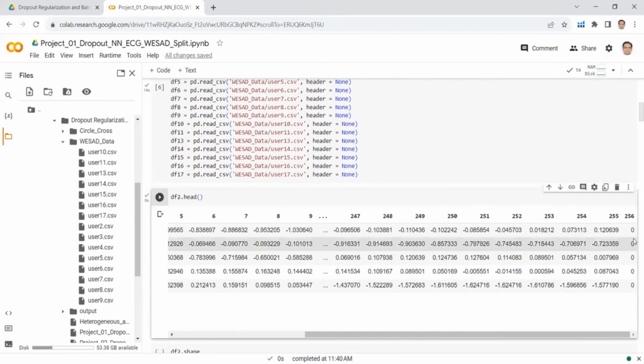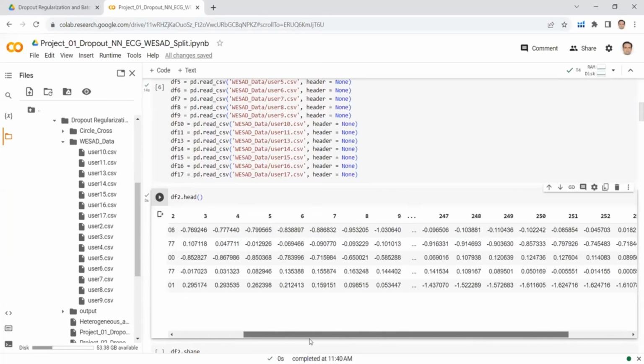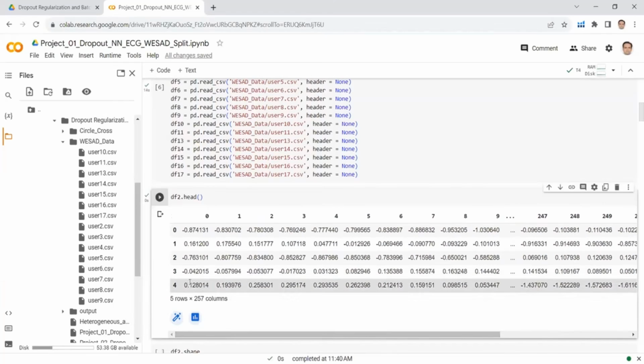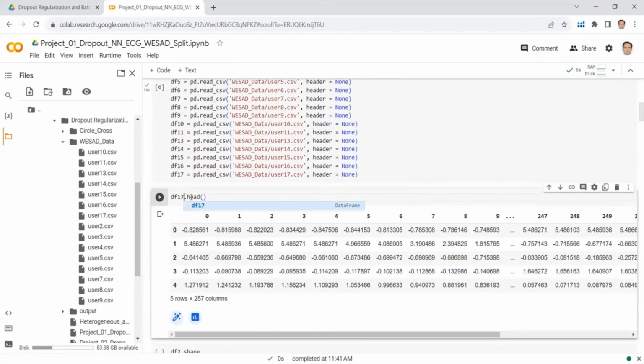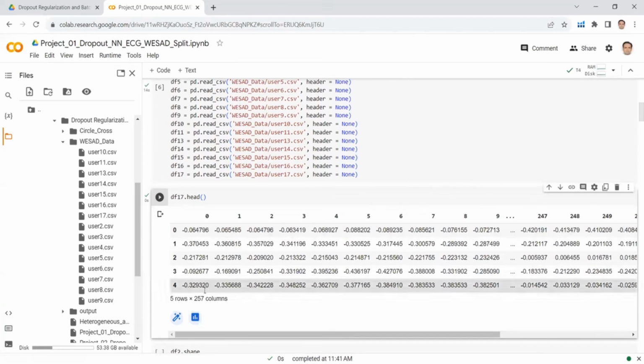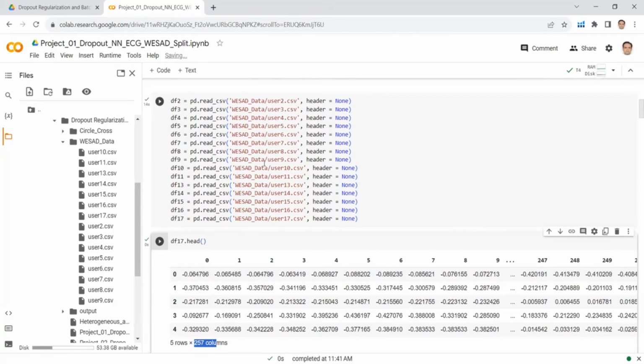The last column is the label. It has 0, 1, 2, 3, different kinds of labels. So we can see that in each user, we have 257 columns. If I want to check user 3, df3, and I run this cell again, we can see that for user 3 as well, we have 257 columns. If I run this cell again for the last user, user 17, we can see that we still have 257 columns. So for every user here, we have 257 columns, and the last column of each user shows the